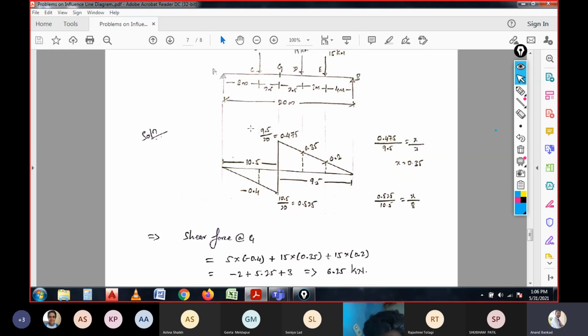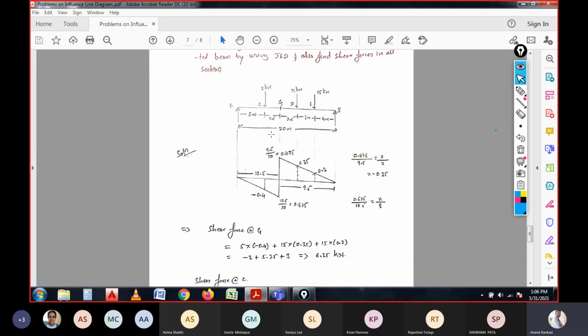Just observe here: this 5 kilonewton load into minus 0.4, which is the coefficient value. 5 into minus 0.4 plus this 15 into 0.35, and next this 15 into 0.2. So altogether if you add with the same considerations, it will be 6.25 kilonewton of shear force at the